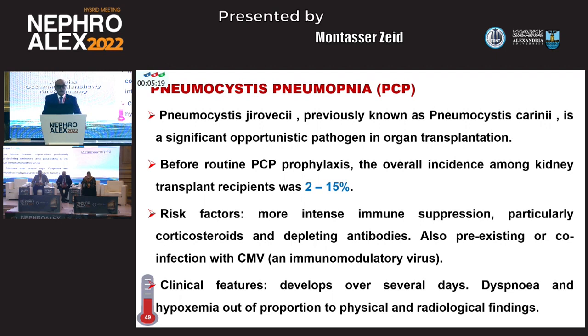Pneumocystis jirovecii pneumonia, previously known as carinii, is a significant opportunistic pathogen in organ transplantation. Before routine PCP prophylaxis, the overall incidence ranged from 2 to 15%, and risk factors are more intense immune suppression, particularly corticosteroids and depleting antibodies, and also pre-existing or co-infection with CMV. Patients present with dyspnea and hypoxemia out of proportion to physical and radiological findings, and in the era of COVID,